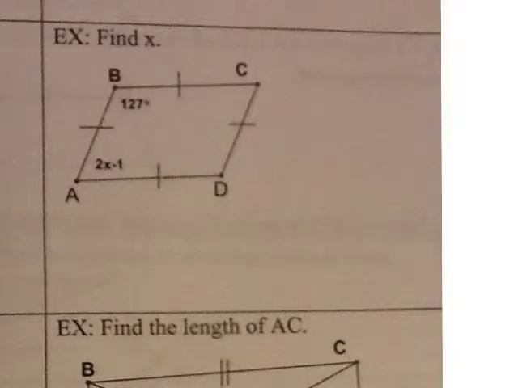Okay, in this one, I want to find x. And remember, I've got a special shape here. It's a rhombus. And so what I know about a rhombus is that it has to be a parallelogram. So those sides are parallel and these sides are parallel. If it's a parallelogram, then I know angle A plus B, those are supplementary. Supplementary angles, which means they add up to 180 degrees. So A plus B equals 180, so let's go